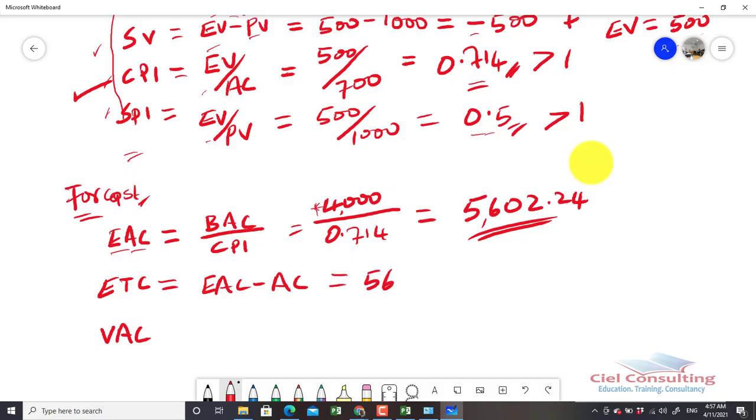So in this case, that will be 5,602.24 minus our actual cost. Don't forget, in this project, the actual cost is 700. That's how much was reported. So, minus 700. And that will give us